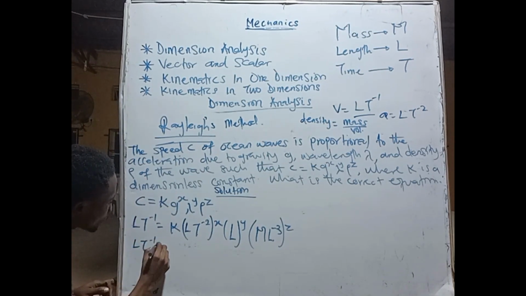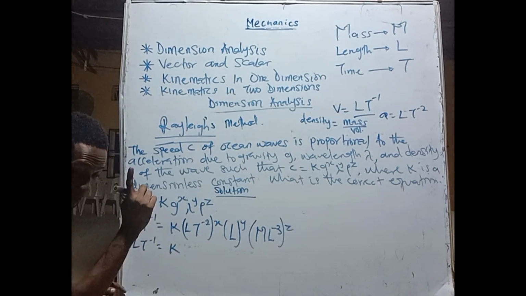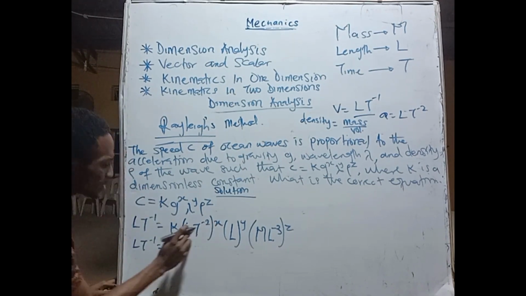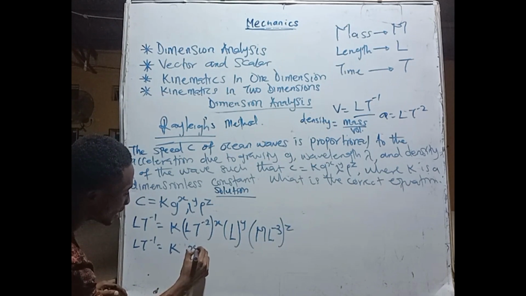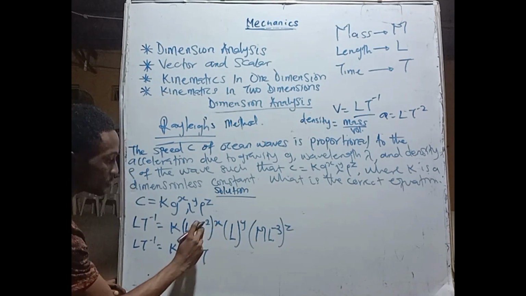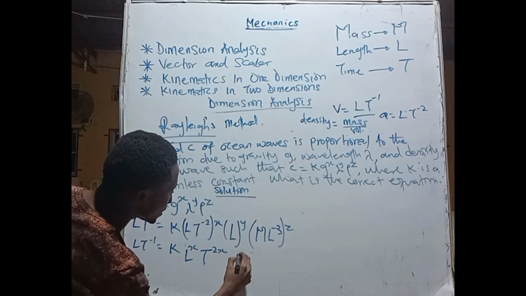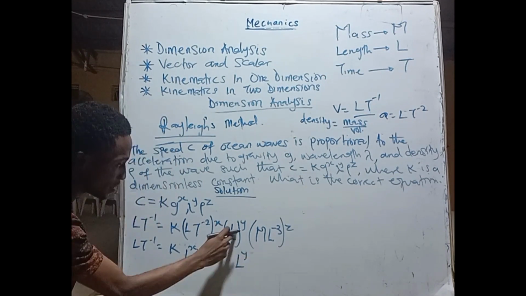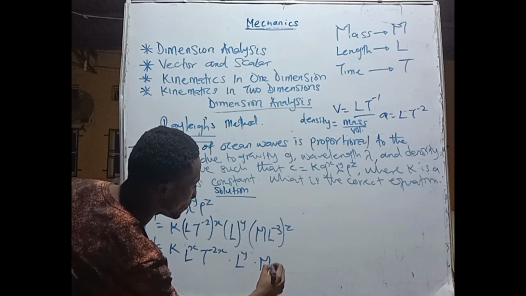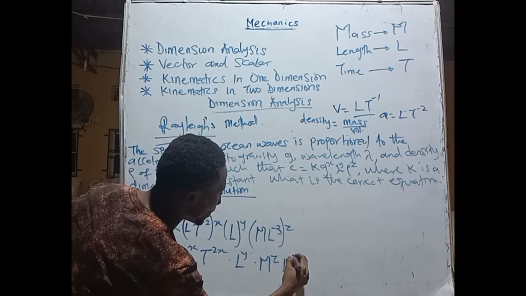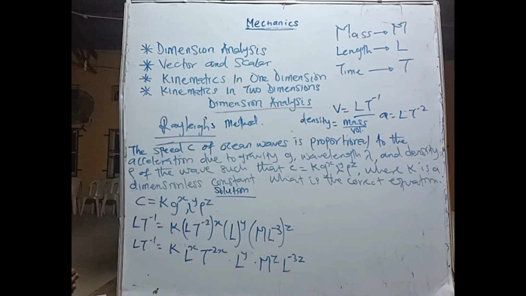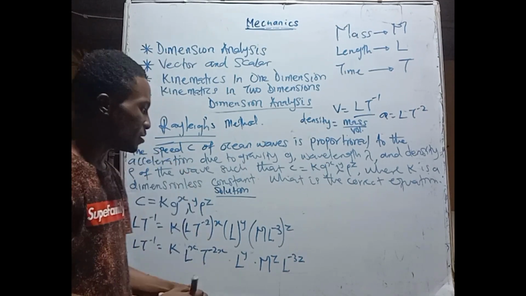L T raised to power minus 1, which equals K. Remember, K is dimensionless. Alright. X times X times T raised to power minus 2x, dot L raised to power y, dot M raised to power z, L raised to power minus 3z. Alright, good. Now, you know we said we are comparing. So by comparison,